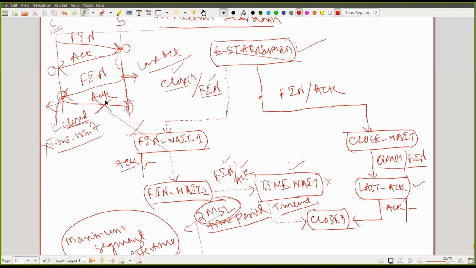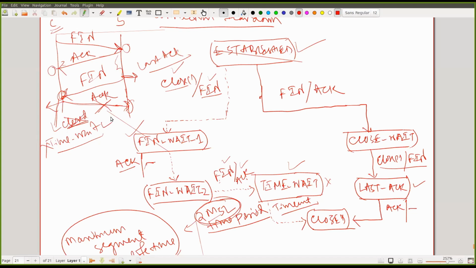The server will never enter into the closed state. That is a problem. If the last ACK I generate from the client is lost and the server is in the LAST_ACK state, the server can never enter into the closed state. That is what I do not want. I want both parties to enter into the closed state when a connection is torn down. So to deal with this scenario, instead of directly going to the closed state,